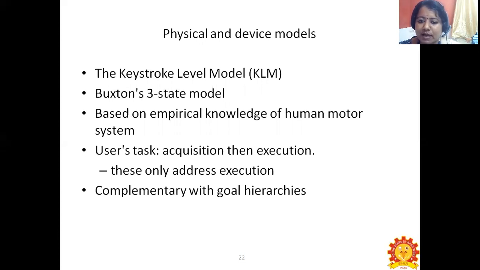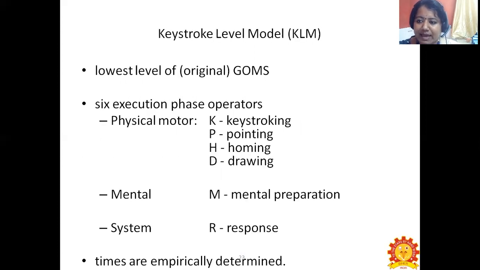Here we consider the user's task, which first includes acquisition, then proceeds with execution. These only address execution. So it is complementary to the goal hierarchies. KLM is the keystroke level model.